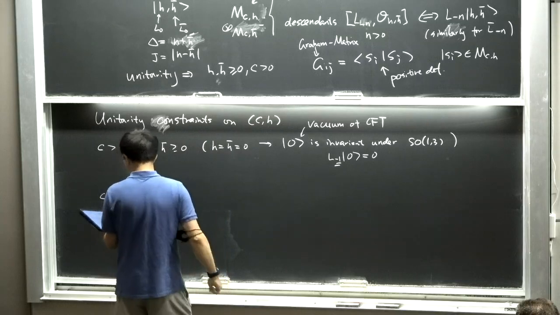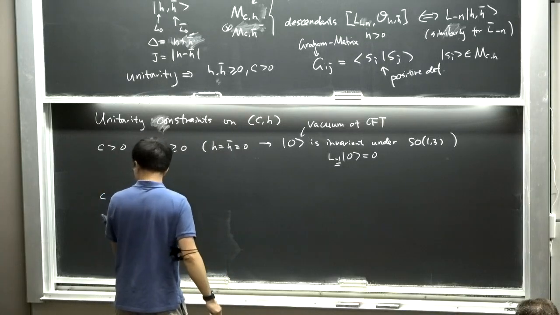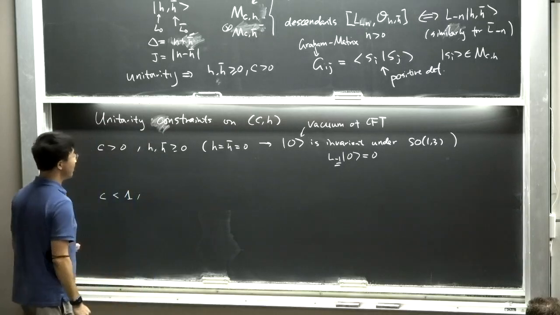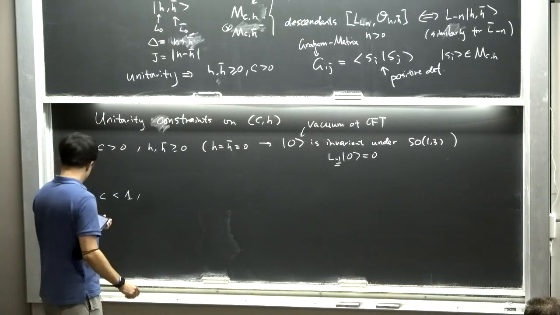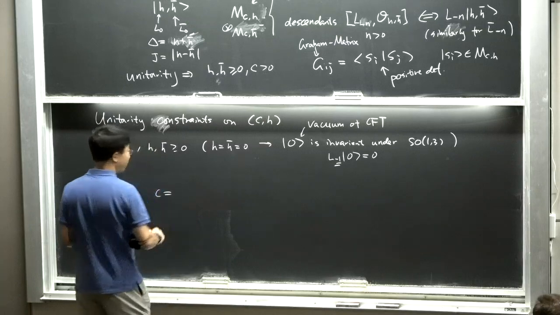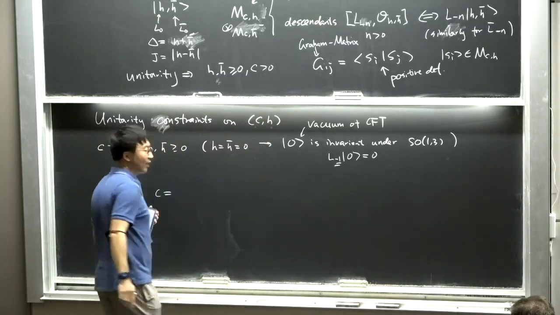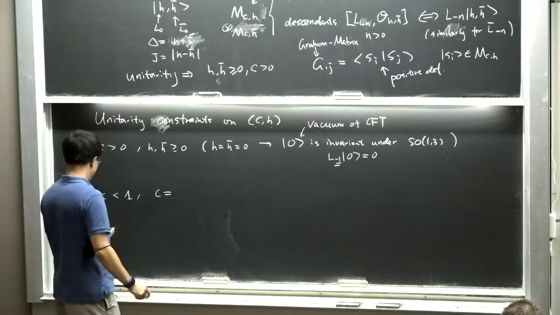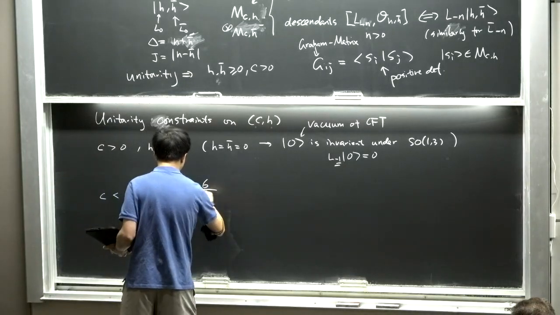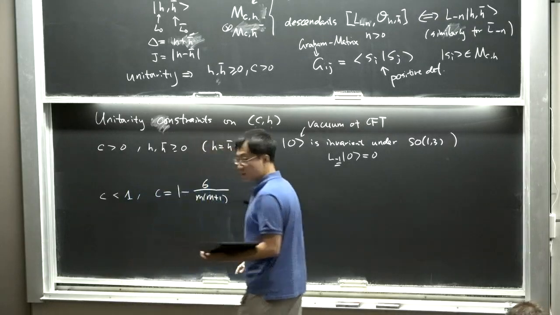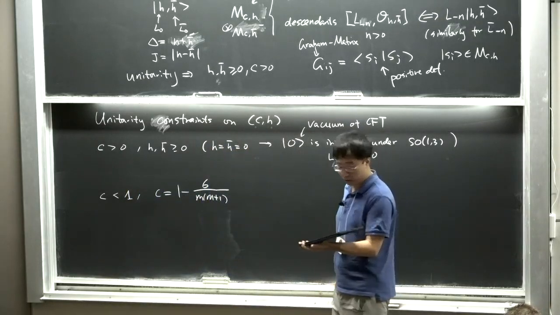All right. So back to the consequence of unitarity. The constraint is particularly strong in the case when c is smaller than 1, in which case you find that there are discrete possibilities for the values of c and h that are compatible with unitarity. For those of you who have seen this before,